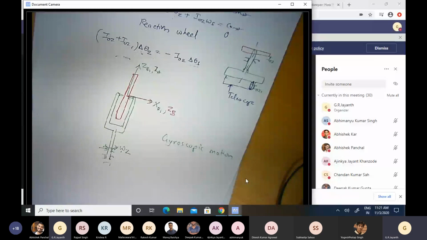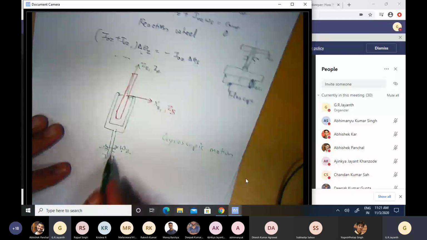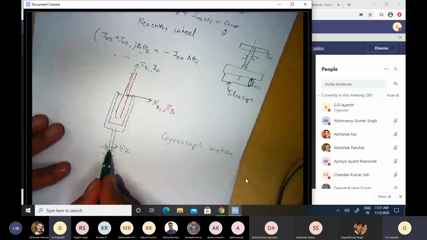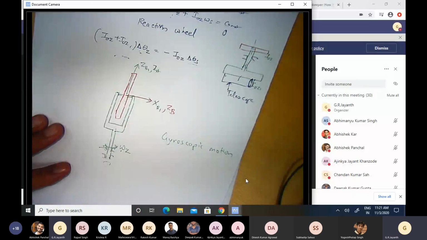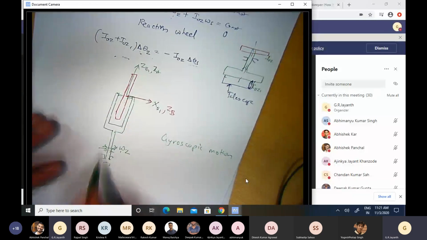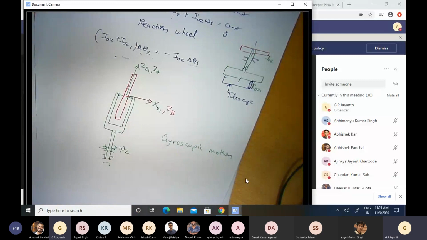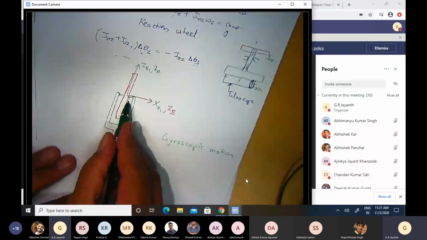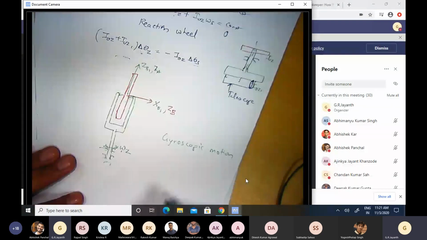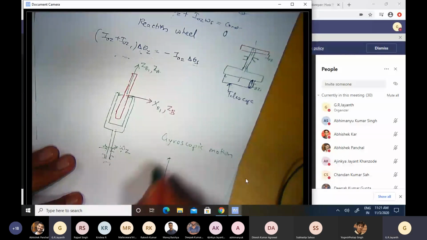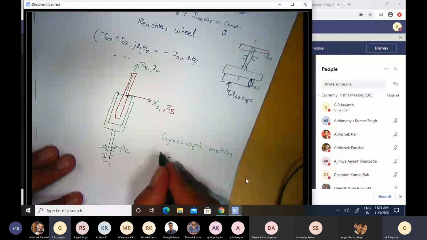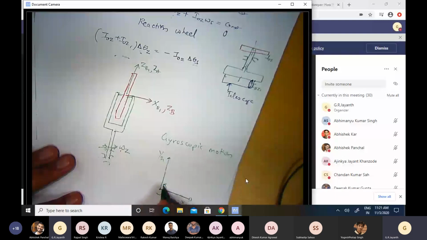But what is not at all intuitive for the uninitiated is the fact that when I try to rotate this shaft about the z-axis, I experience a bending moment about the y-axis, into the plane of the paper. How did that come about? How did that happen? Of course, we now have understood how that happened. That's because this moment, when I draw it in the top view, is aligned along the xB1 axis, and this is yB1. When I try to rotate about the zB1 axis by an angular rate omega z, I try to rotate it.